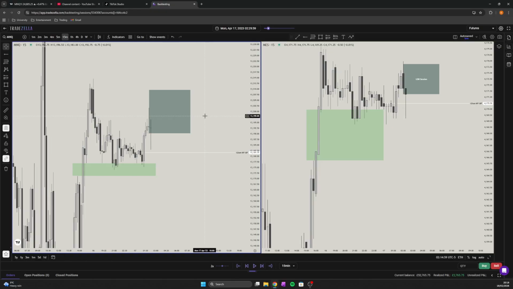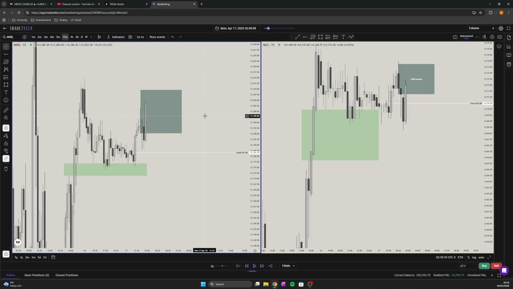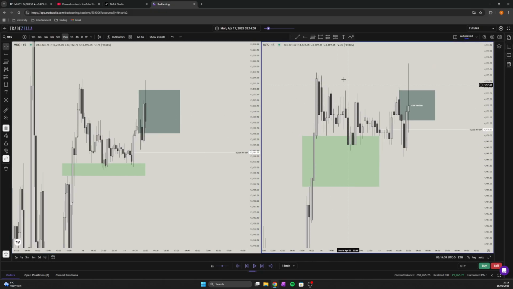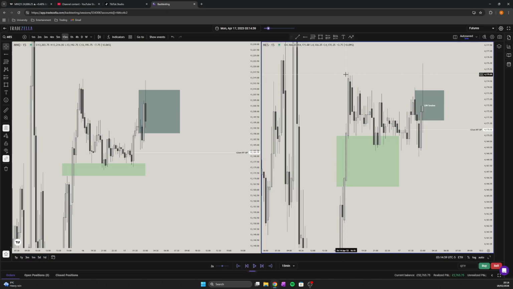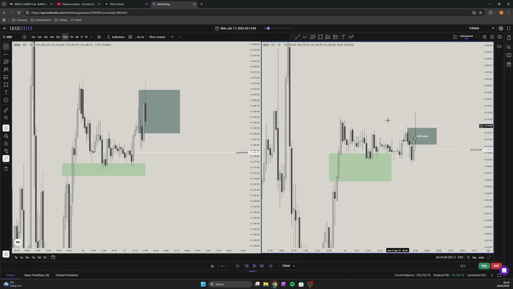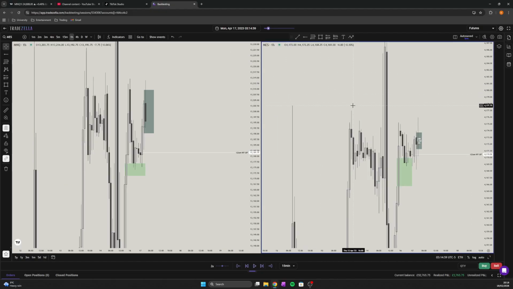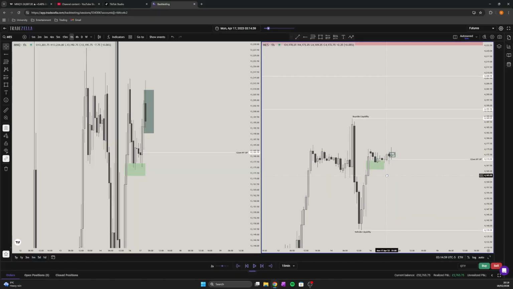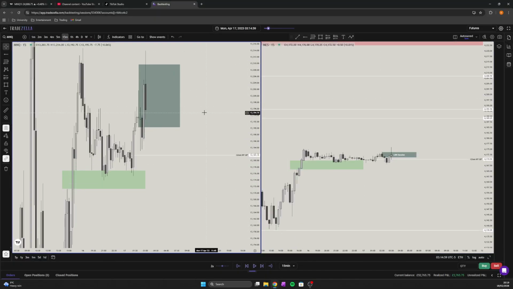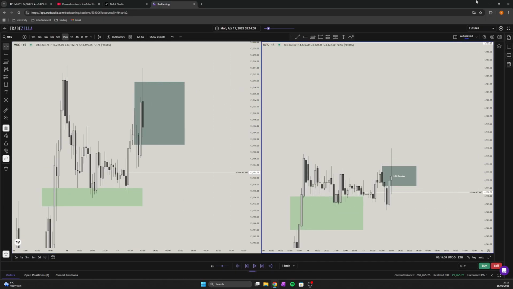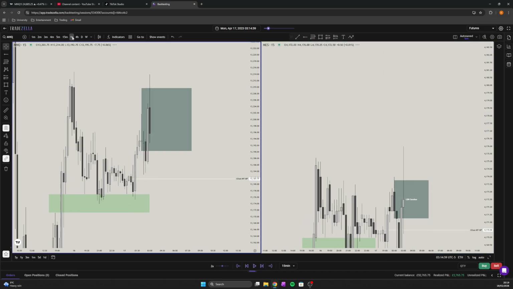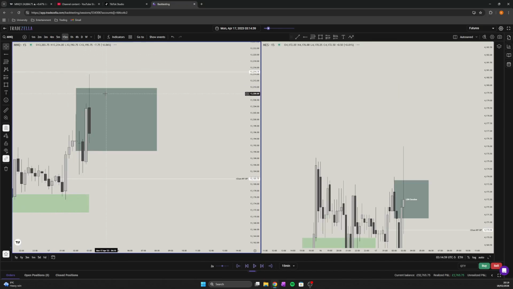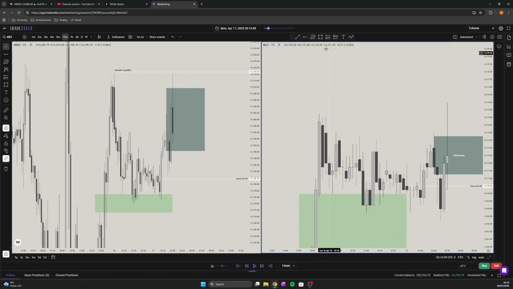Let's see what happens. Okay, that's interesting. Friday I was getting swept. Oh shit. Did I miss this? No, I didn't. Okay. There's a massive order block, but obviously we're still kind of bullish on the higher time frame, aren't we? It's a bit weird. Let me actually mark that. I don't know why I didn't mark that. Did I just not notice it? Okay, that's fine. Anyway.